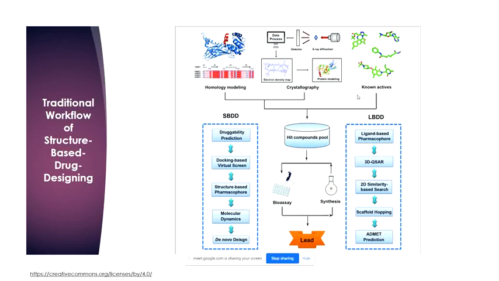And sometimes it might happen that you get one molecule that is not showing any toxicity, but that molecule has very low inactivation. So now you must increase its inactivating properties. And how to do that? That depends upon lead optimization, where you have to add and subtract some kind of groups. We're going to discuss those in detail just after a few minutes.